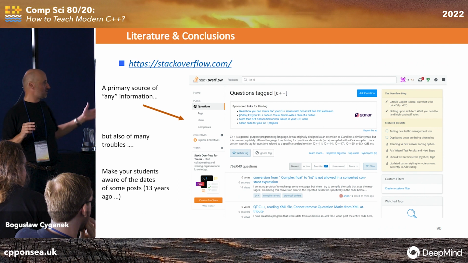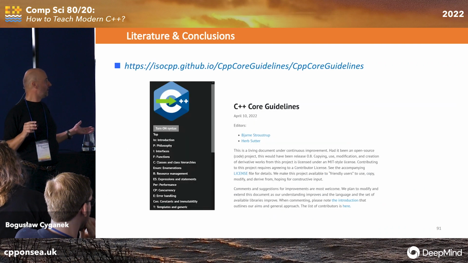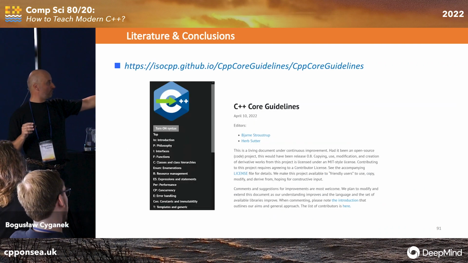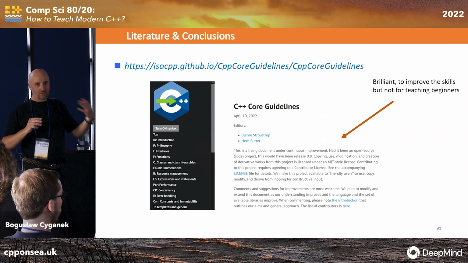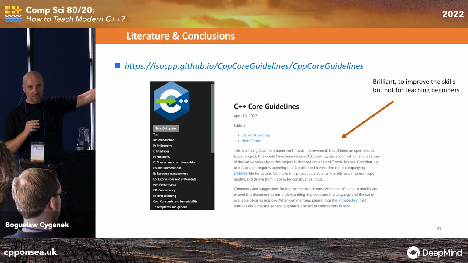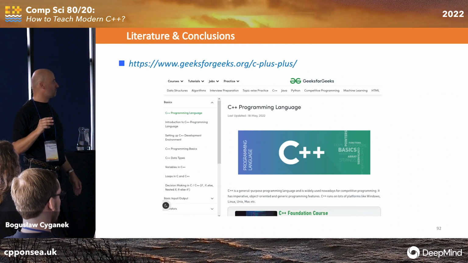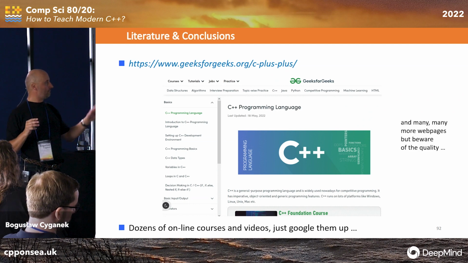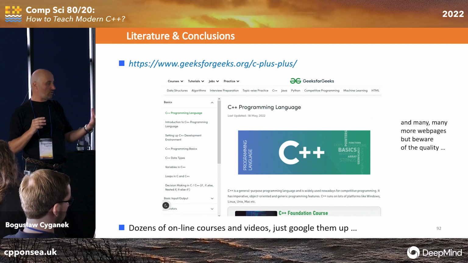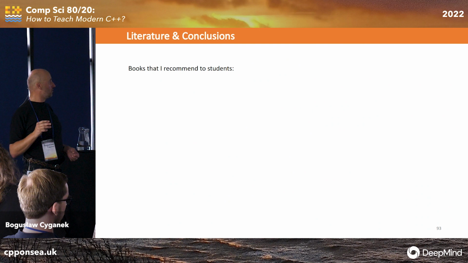It can be 10 years old or something. Core guidelines, beautiful, but not for very beginners. It's just for advanced, if you are in the middle group of object-oriented programming. Other resources exist too, but you can propose to students what you like.